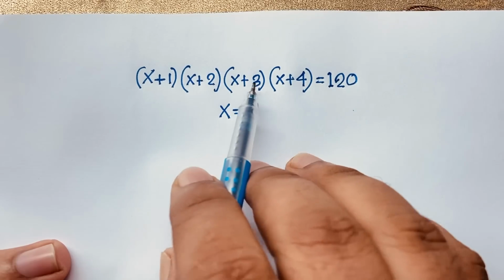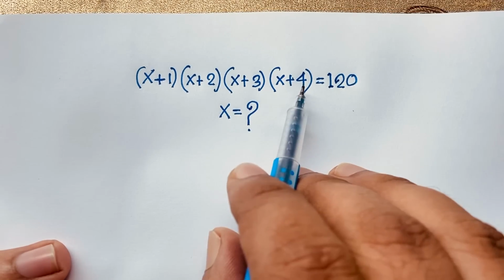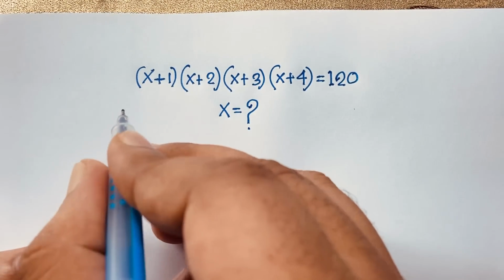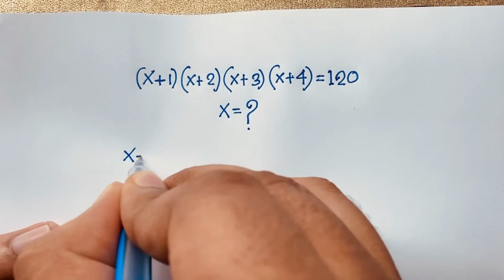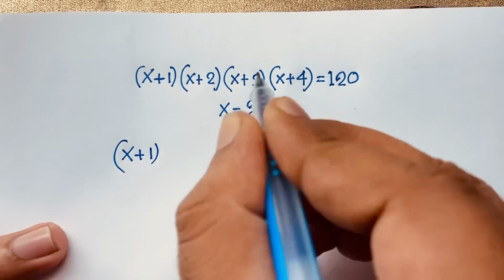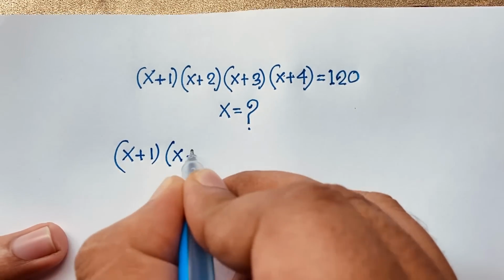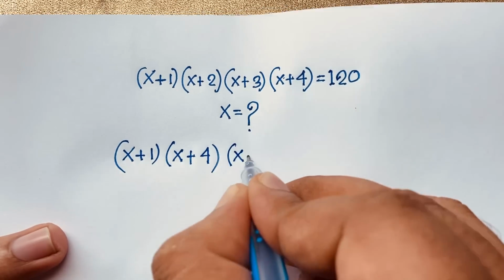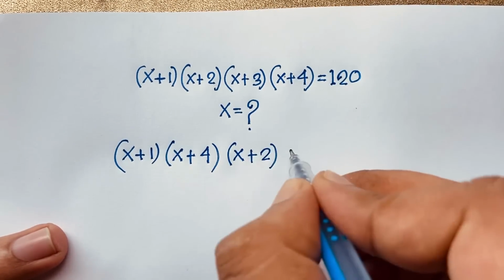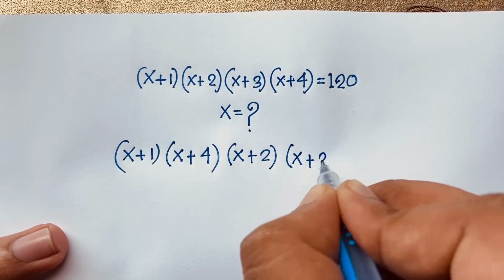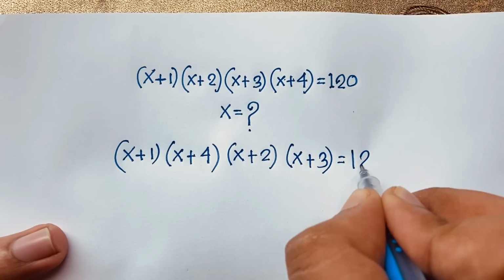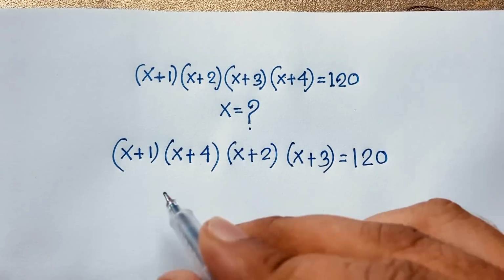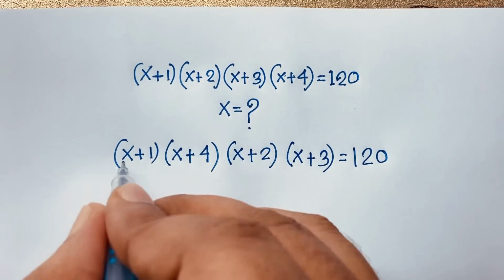You know that 2 plus 3 is 5, and 1 plus 4 is 5. So I can rearrange the expression: here x plus 1 times x plus 4, and this is x plus 2 times x plus 3, is equal to 120. Now I can see this times this, it will be x times x, x squared,